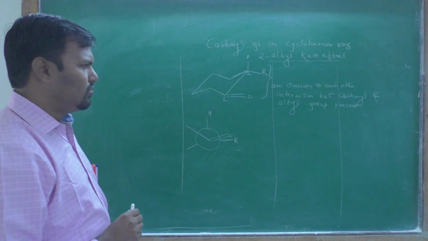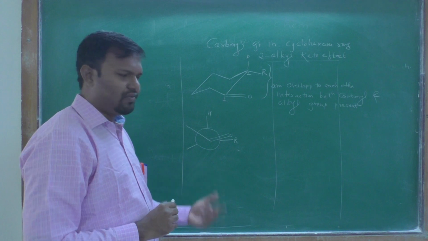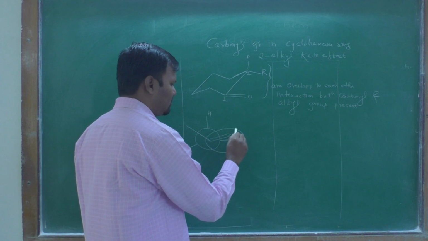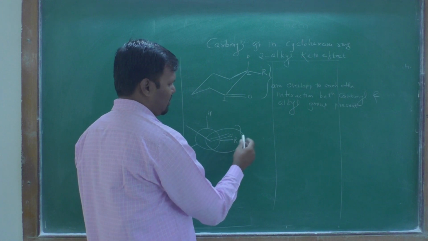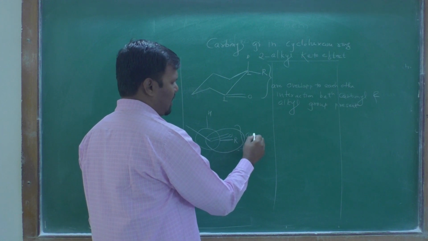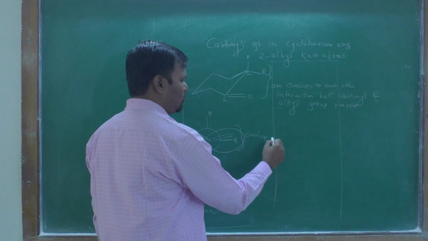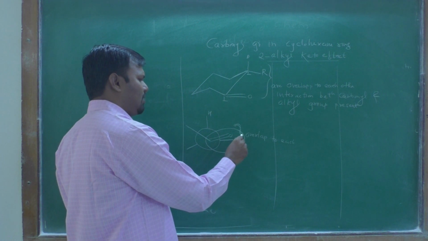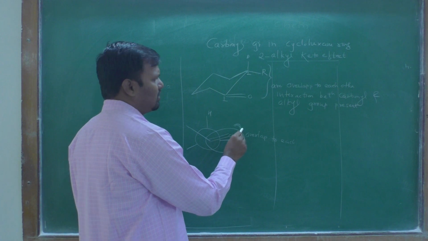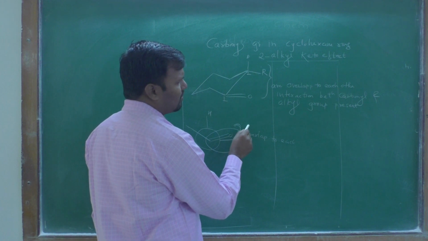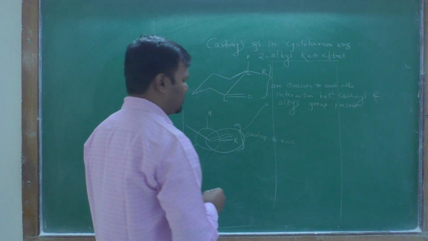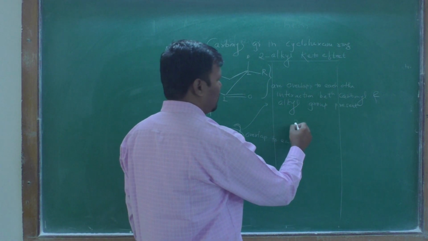When you show it in that conformation, the carbonyl and alkyl groups overlap each other. Due to this overlap it produces an interaction, and that interaction is called the 2-alkyl